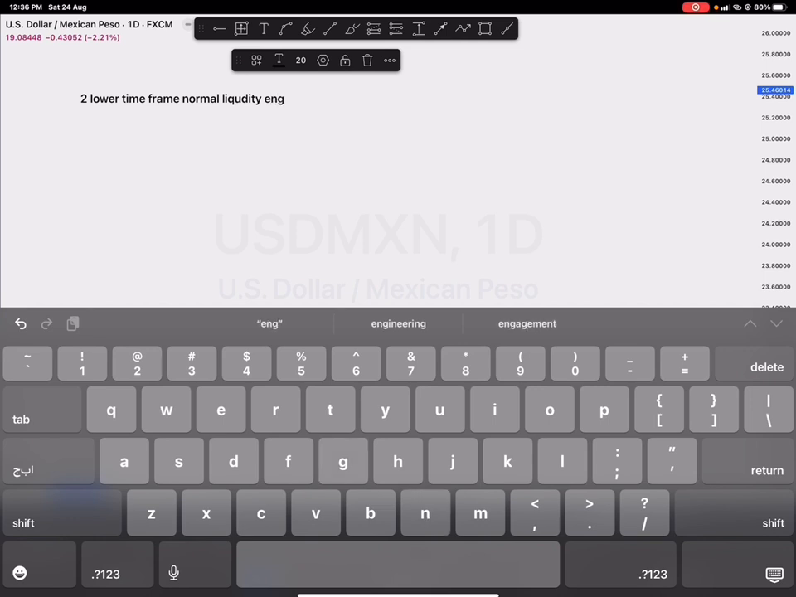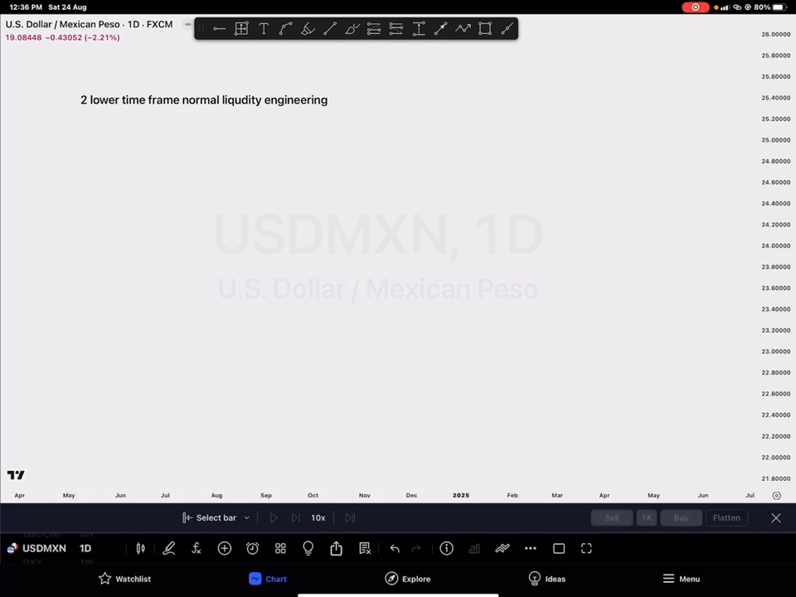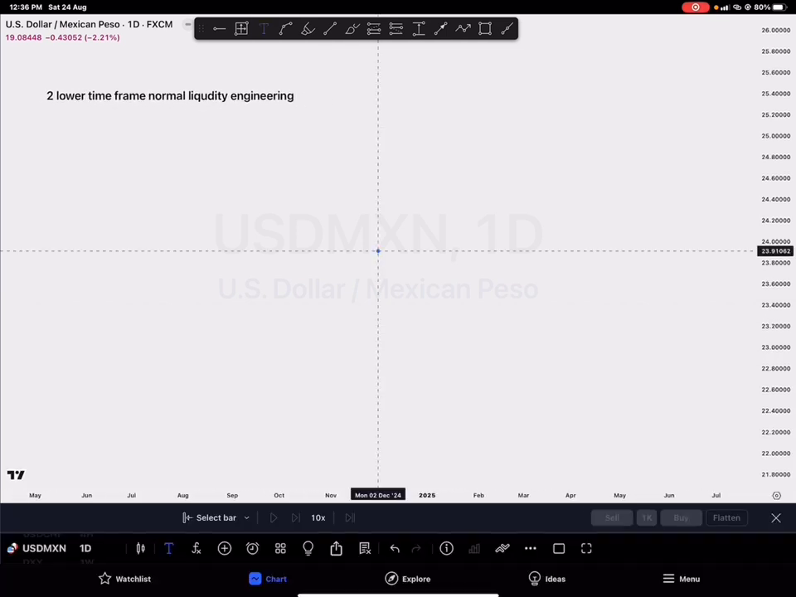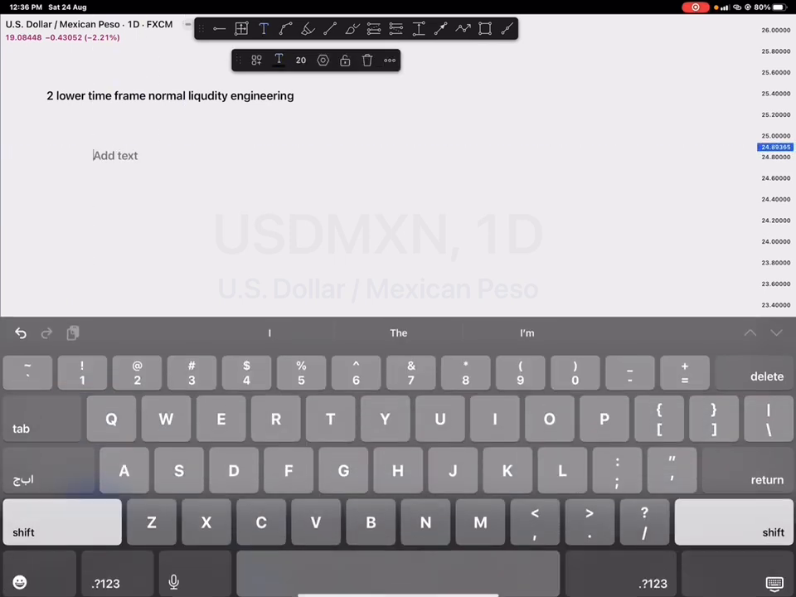So how do you use the lower time frame normal liquidity engineering? So now, like I said, the lower time frame normal liquidity engineering,